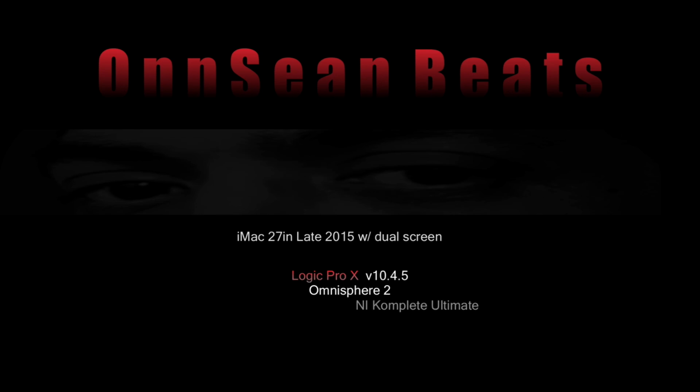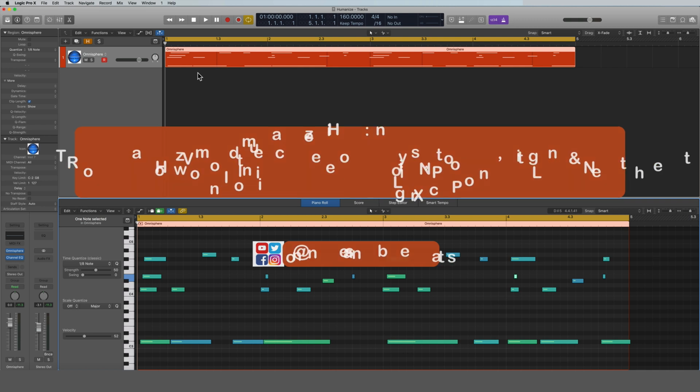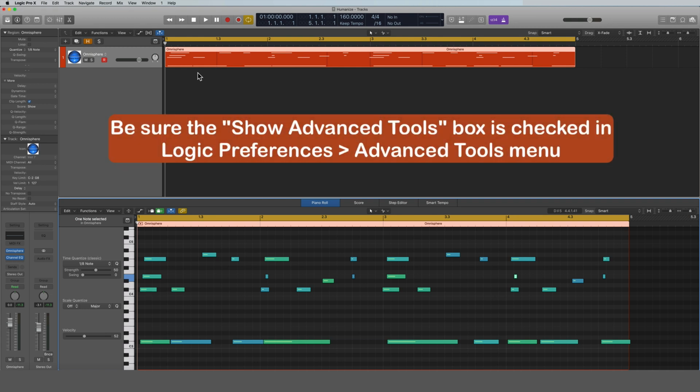Today I'm doing a tutorial in Logic Pro X, and I'm going to show you how to humanize the MIDI notes that you have in Logic. The reason I'm doing a tutorial on this is because with electronic music today, we have tools like quantizers and things like that that can sometimes, with overuse and really sometimes with normal use, make our tracks sound a little bit too robotic. So we have tools like Humanize in order to help to make it sound more human